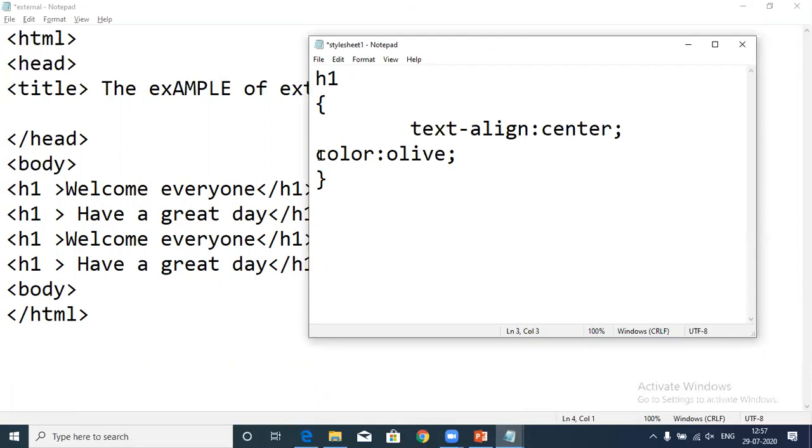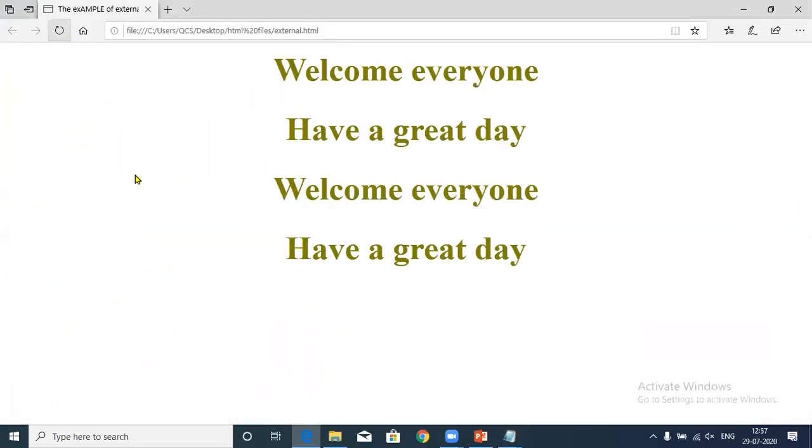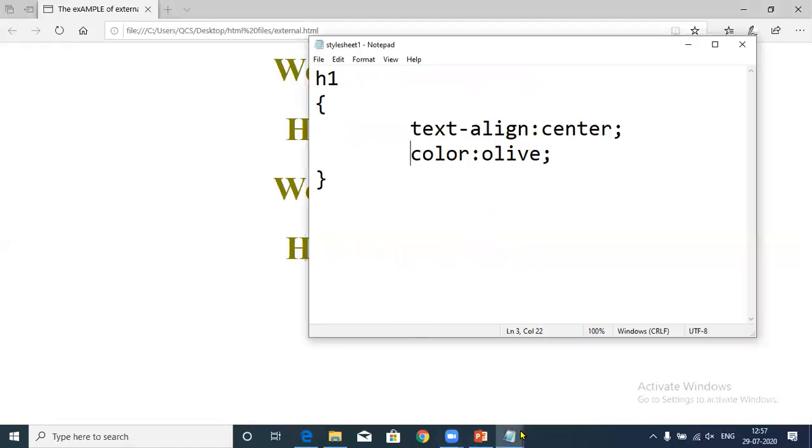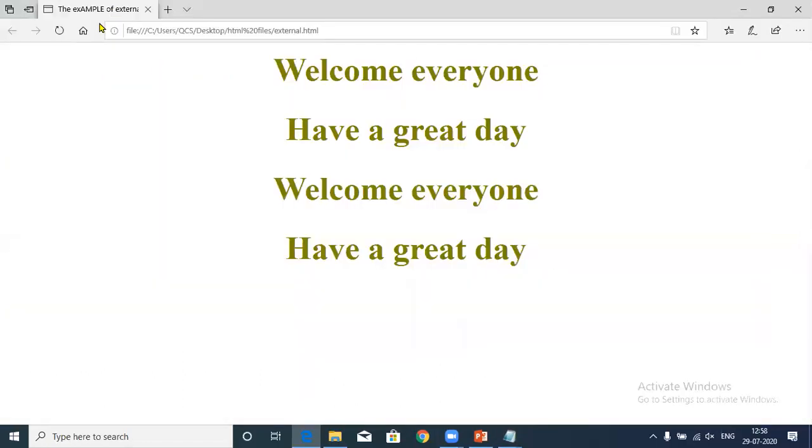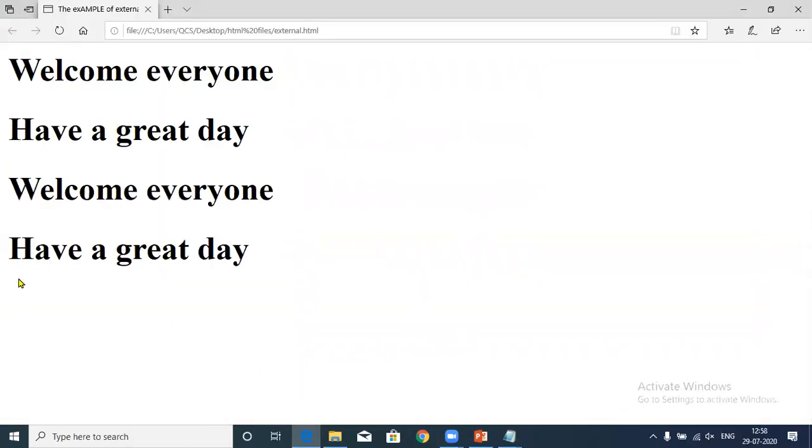Whatever style you want to apply, you need to copy here inside the style sheet. I'm saving it. Okay, if you go to the web page right now, let me save this file as well. If you refresh your web page, you can see no kind of formatting is available on this web page.